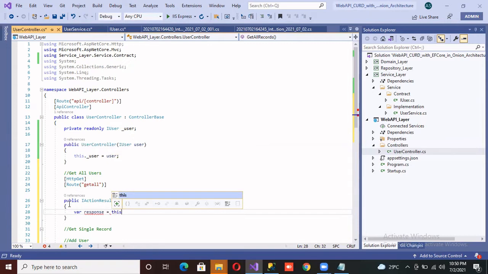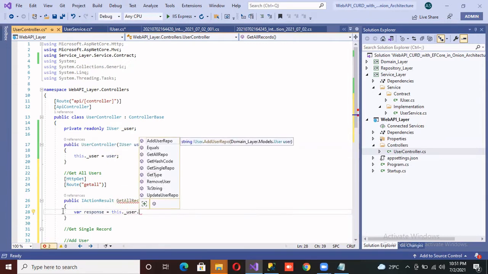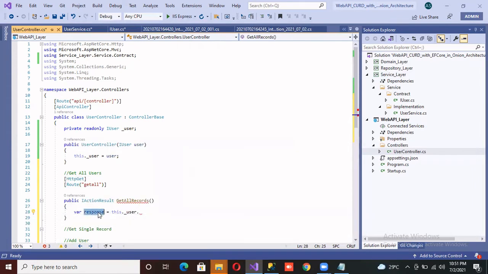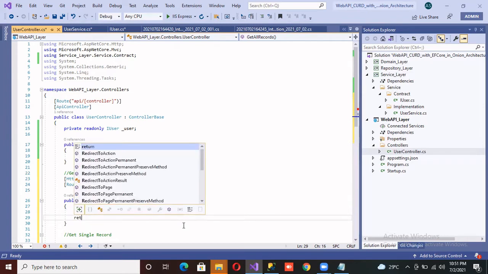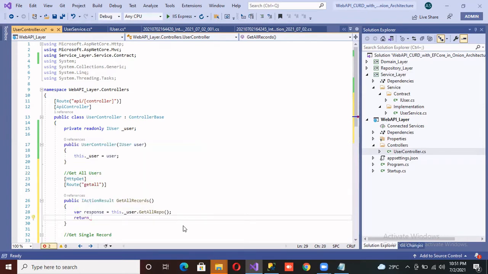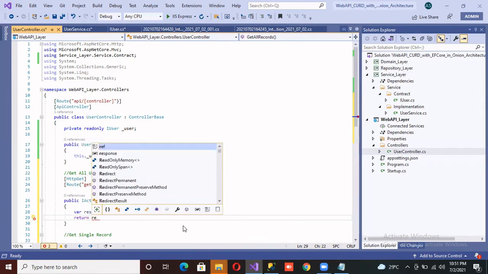Response is equal to this dot user dot. Now, how can I find out the get all record? I already declared a method inside of the user, the user is get all record. And for that, I don't need any parameter. And now I will return response.